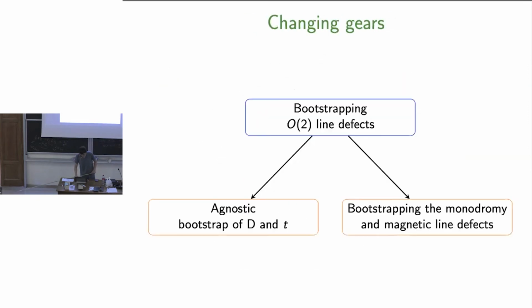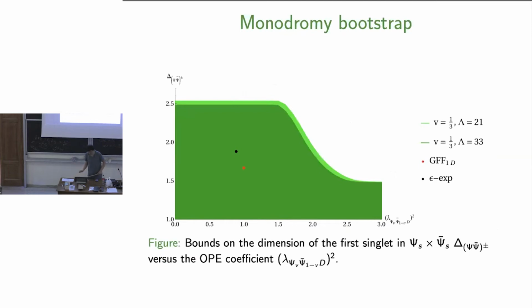So having said that, and going back to the plot that I was looking at, this red dot is the generalized free theory solution, and this black dot is the order epsilon correction. So as you can see,